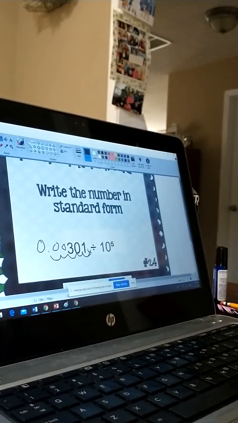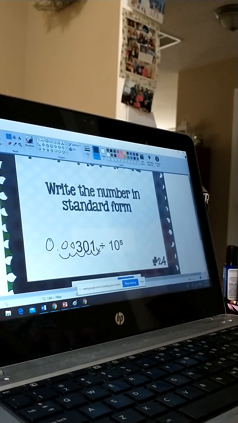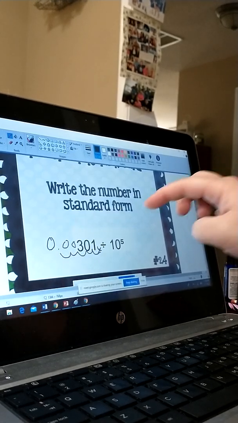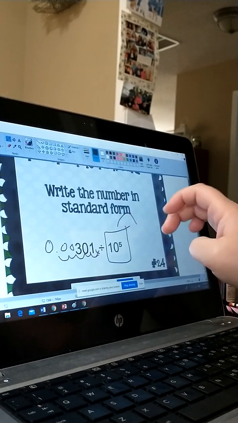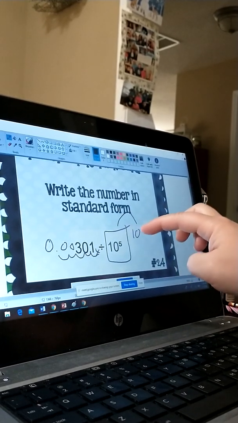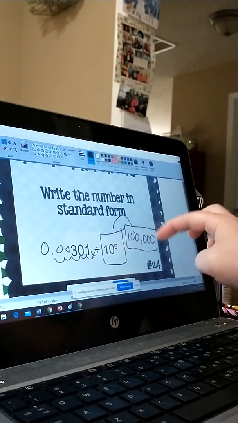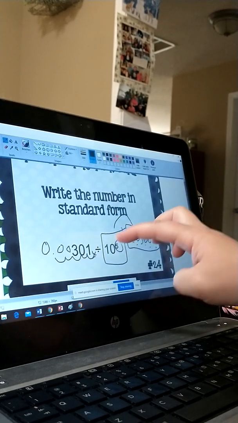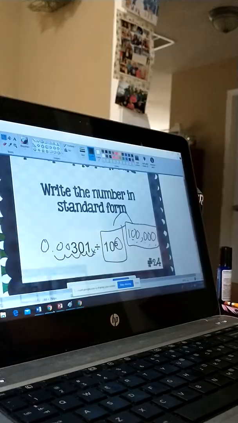So again, if you have not started the MobyMax yet, that's what is in the MobyMax, multiplying and dividing by these different exponents. Sometimes they're written like this. Sometimes they're written where you have to count the zeros. So just keep in mind, 10 to the 5th means the same thing as this. You just count the zeros. There's 5 zeros or 5 in your exponent. Okay. I'm going to go ahead and